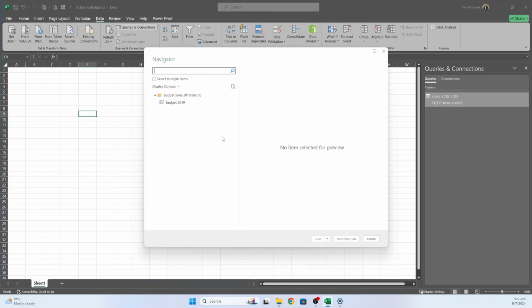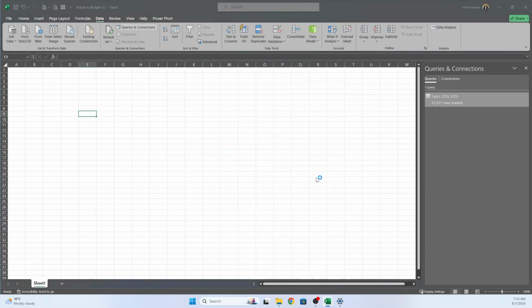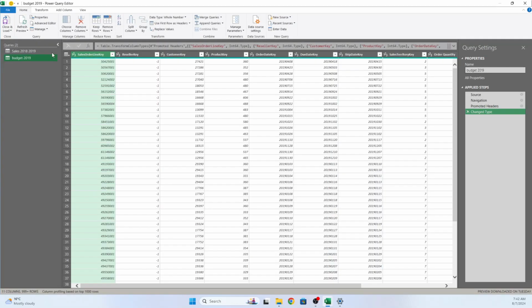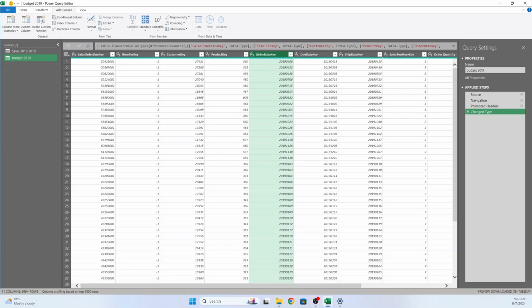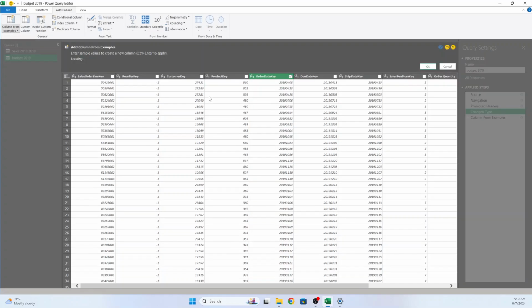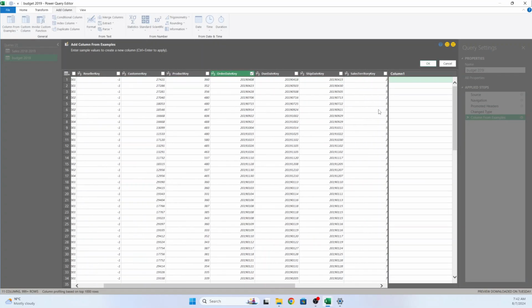Then we go to the budget file, the second transactional file. Okay, transform data. The same thing we want to do here. So the name is budget. Okay, we don't have to change the name here. So now we want to add column. So we select the order date key, column from example from selection. Okay, and we go here, and what we have here is 08 April 2019. So